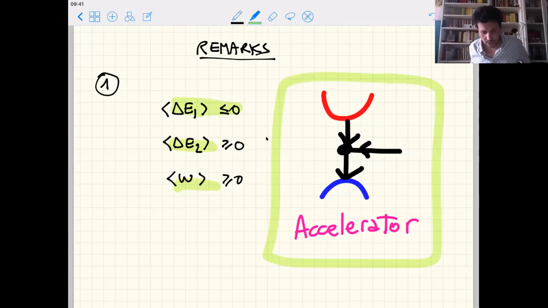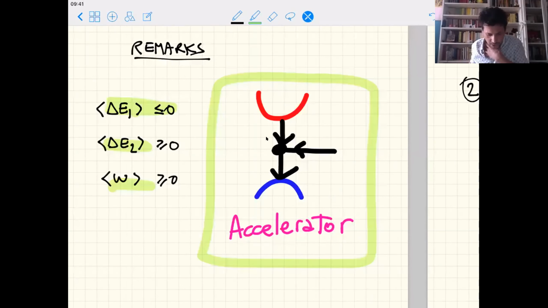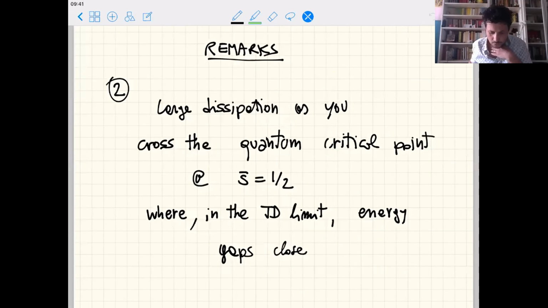And we observe large dissipation as you cross the quantum critical point, which is at S = 1/2, where the gaps close. That's where you dissipate a lot and dump energy more easily and faster into the environment. So with this, thank you and sorry